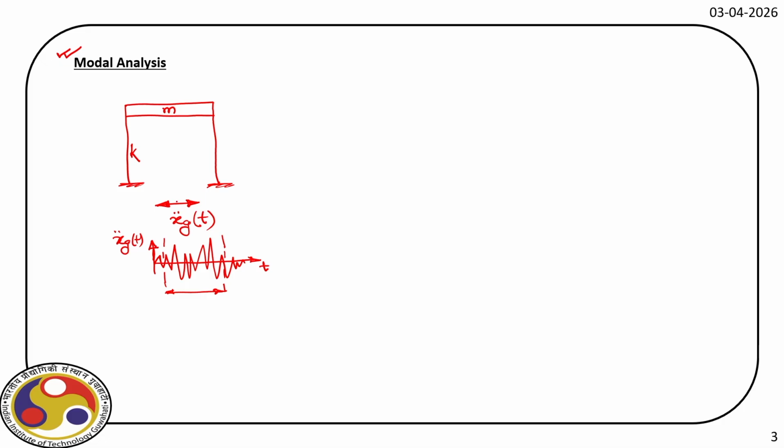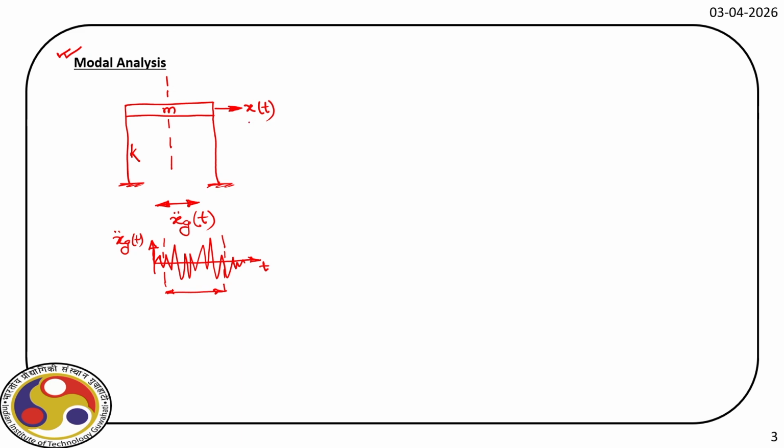Now, the moment the earthquake comes, this building starts moving in the lateral direction. Let us mark that by x, and it is a function of time. Obviously, if there is any earthquake, it also deforms or moves in the other direction, so that we can manage with the plus minus sign of x. That's why we show this arrowhead in one direction, but as time progresses, there will be a plus minus of this displacement.